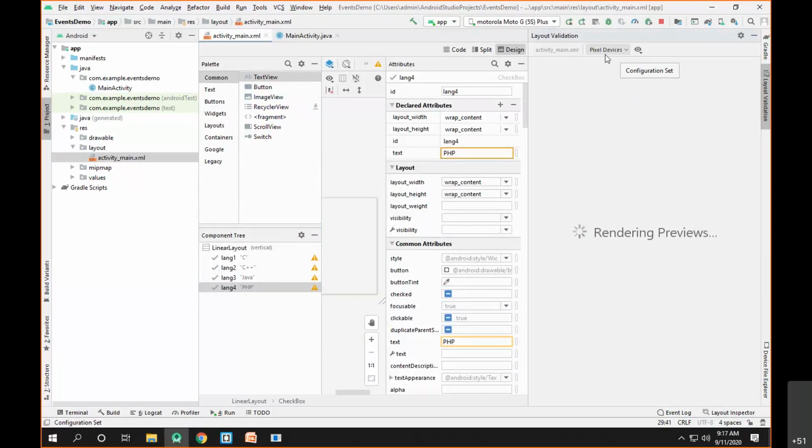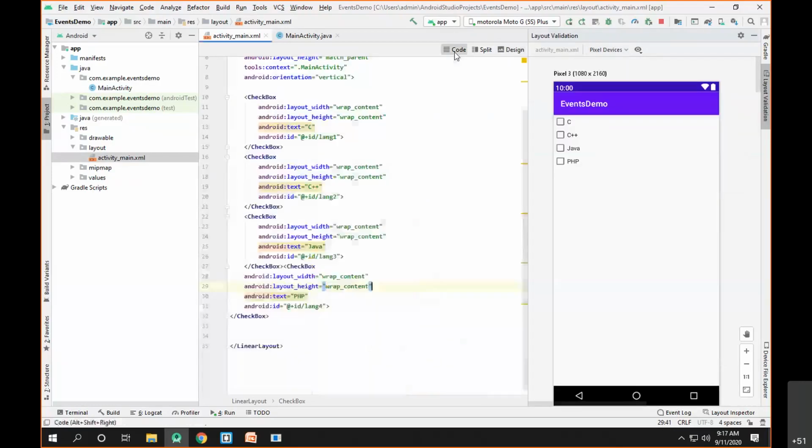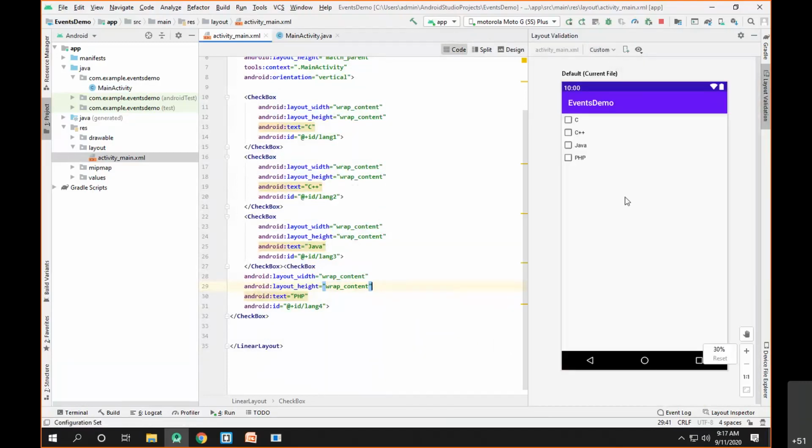Since the checkboxes are not visible, so as you can see, C, C++ are visible to us.